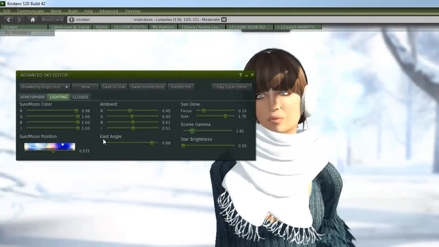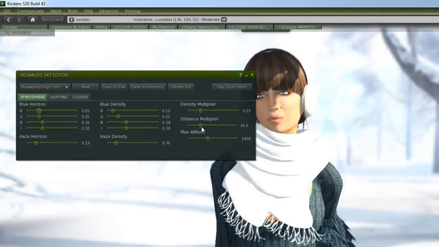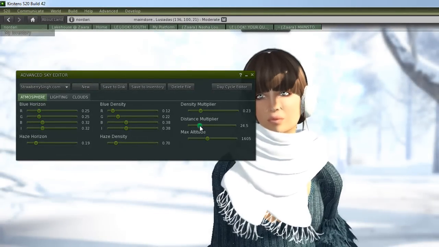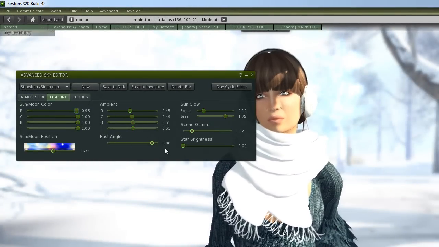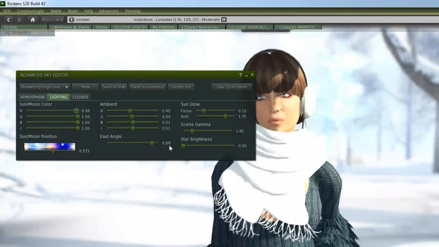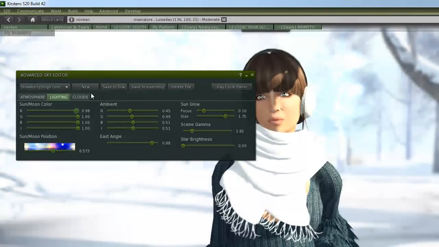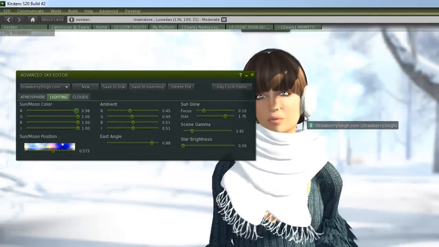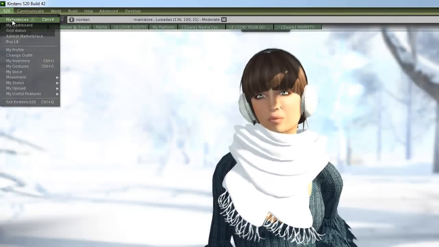Play with the gamma, play with the angles, play with the sun-moon positioning, play with the atmosphere, because the more you play with it, the more you'll learn about it, and you'll be able to create your own windlight settings to your own preferences, depending on your skin tones. Because I know with skin tones, my windlight setting doesn't always go well with paler tones, so it's good to actually get yourself comfortable with that. So once you have that set, when you go into preferences,